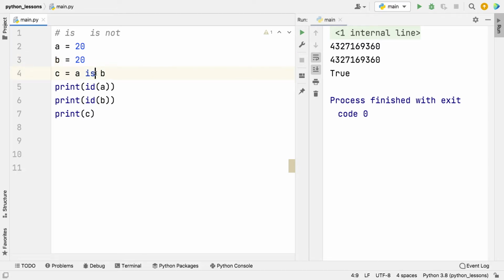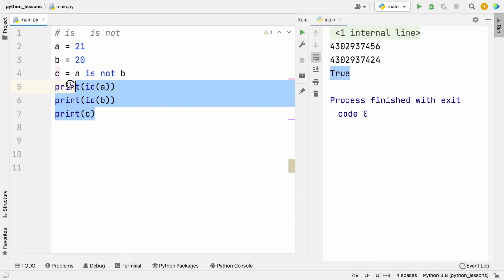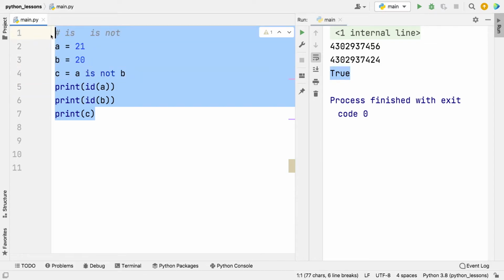Is not is just checking that they're not pointing to the same object. So for example, if we were to run this, you get the answer false because they are the same object. So this is checking, is A not the same object as B? It is the same object, so the response is false. If we were to change it to 21, you can see the memory locations have changed, so therefore the response is true. Identity operators can be applied to all the types within Python, such as float,